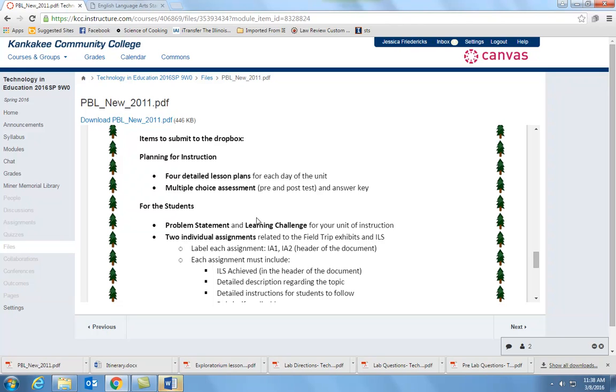It should be like the last thing that you actually design. So decide where you're going to go on the field trip, pick your learning standard, design your guided learning activities for students and your lesson plans and all that good stuff. And then the assessment, you should pull questions or ask questions directly from the lesson plans that students should be